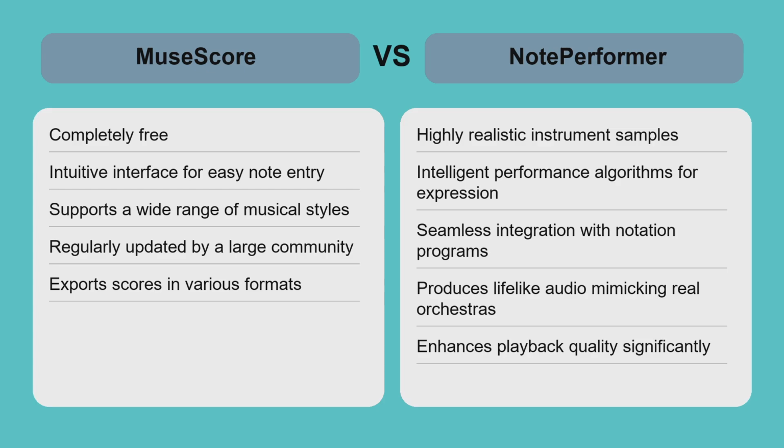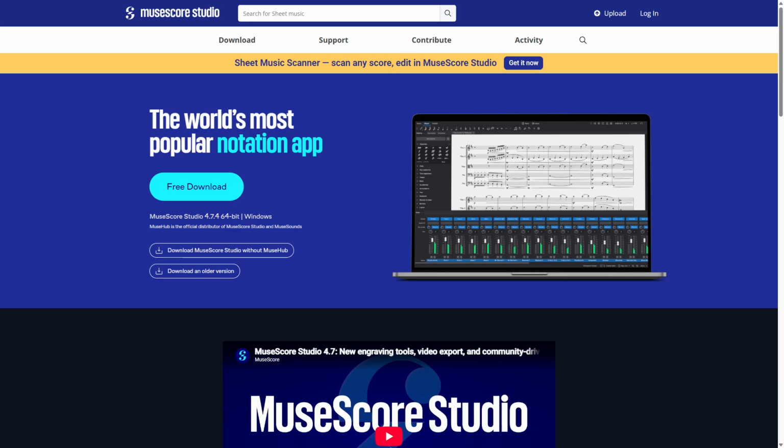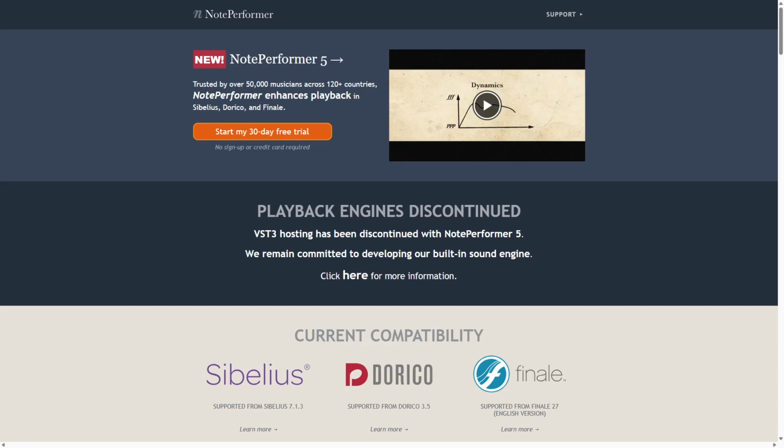Together they offer a powerful workflow, but choosing depends on whether notation or playback realism is the priority. Choose MuseScore if you need a free, robust notation tool focused on score creation and editing, with basic playback for composition and learning. Opt for NotePerformer if realistic, expressive playback is essential to your workflow, especially for orchestral or detailed compositions. Combining MuseScore's notation with NotePerformer's sound elevates your music production, delivering both precision in writing and authenticity